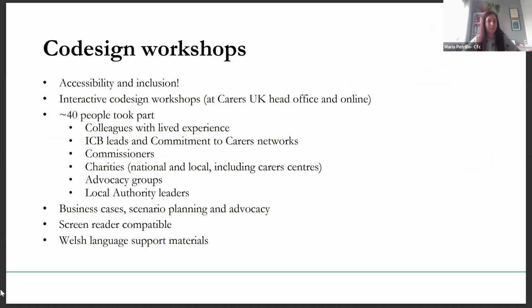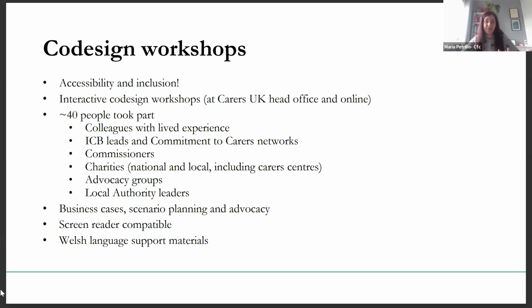Now, we didn't do this alone. From the outset, we committed to co-design. We ran a series of hands-on workshops with around 40 stakeholders, including carers, ICB leads, commissioners, national charities, and advocacy groups. We asked what mattered the most to them, what information they need, how they want it to be presented, what terminology is right, and even what color scheme is more accessible.